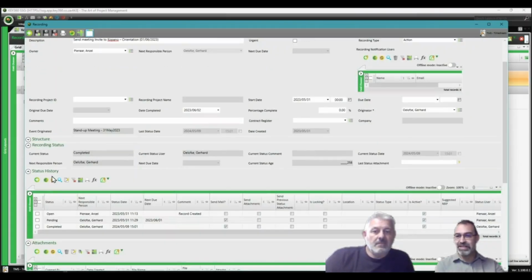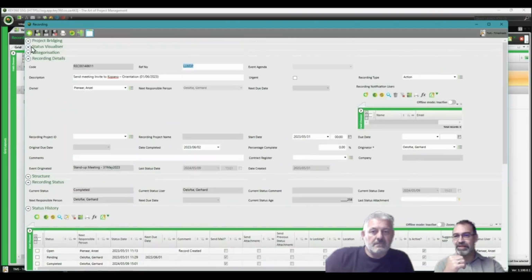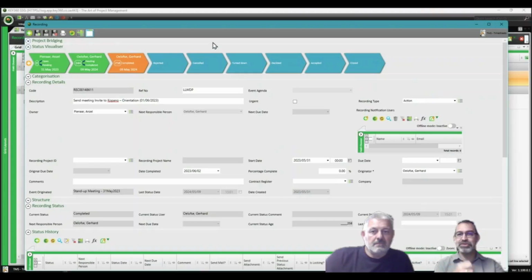And you can see here the status history of this specific recording as it went through its time, with time and date stamps there and possible comments. If you had any comments, then of course it would have been in there as well, and some other columns in here that you can add from the field chooser to get even more information on that specific status for that recording at that time. So the status visualizer, as I mentioned earlier, I love this part. It's a nice visualization of what's happening to my recording, whatever that recording might have been.